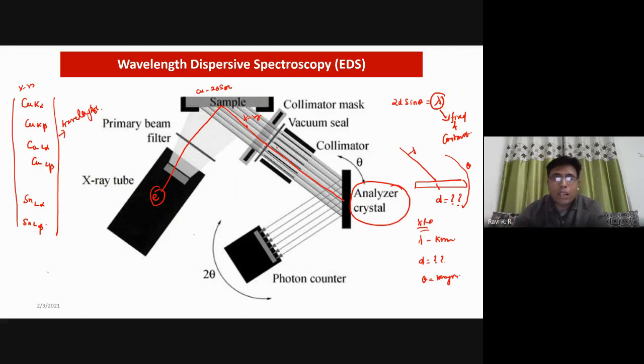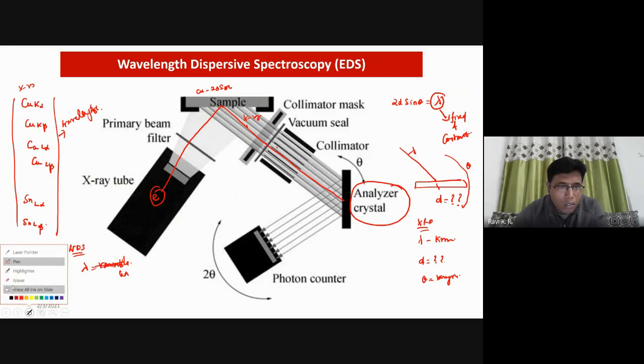But in this particular case, in WDS on an SEM, your lambda is variable. Lambda is unknown. Lambda is actually the question. It is not known to us, because we do not know what material it is. Though I said it's a copper tin, I'm saying that this is not known to us. In the same way here, we can vary the theta. For that, you need to have a d of known value.